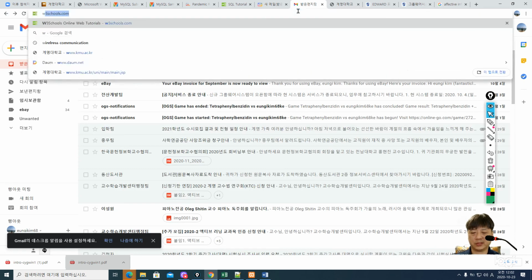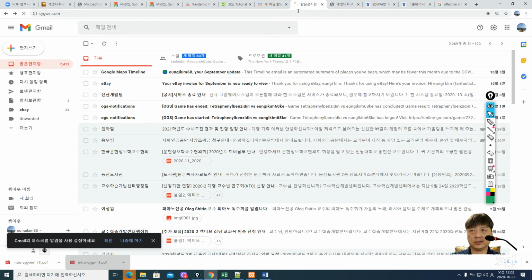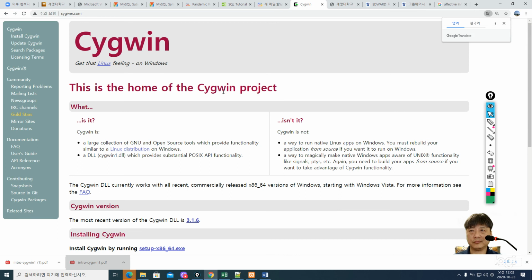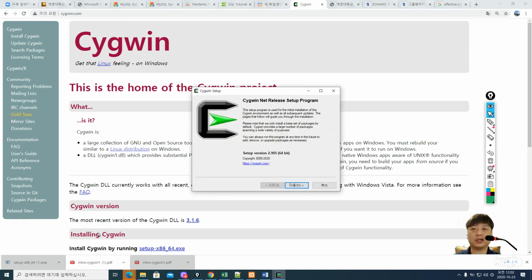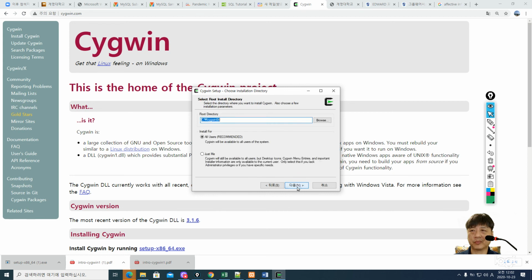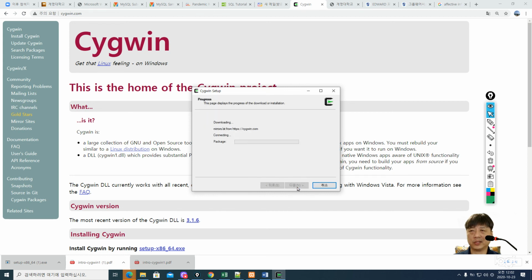So let's go to wget, Cygwin, and do it again. So to go back and install packages, you click on the setup, and then when you get to the menu,